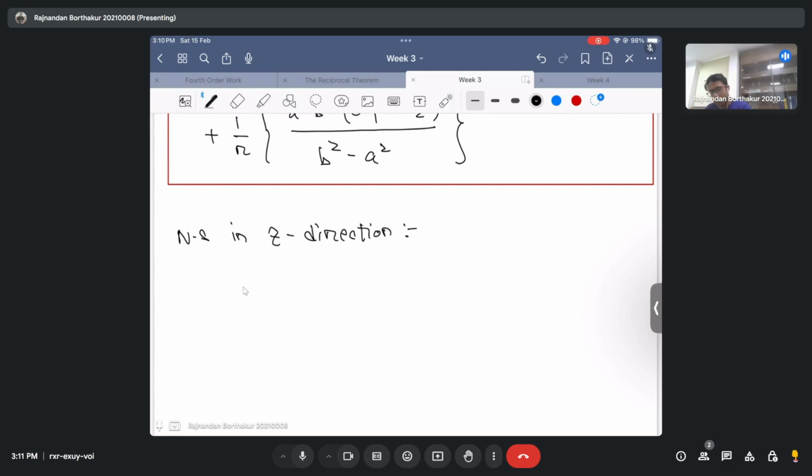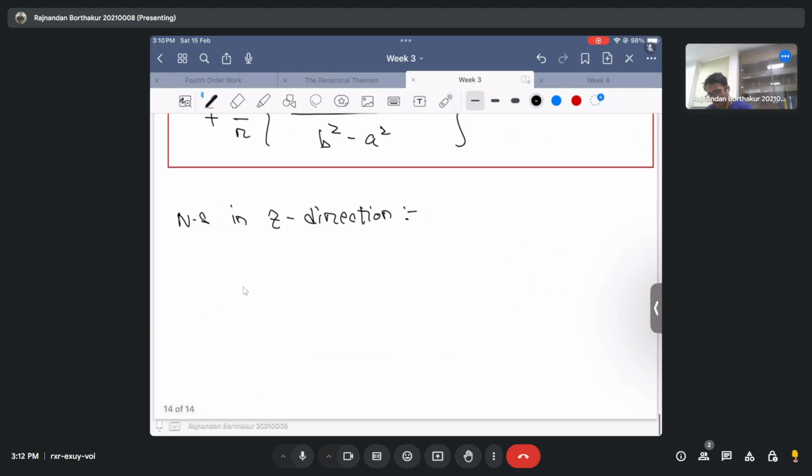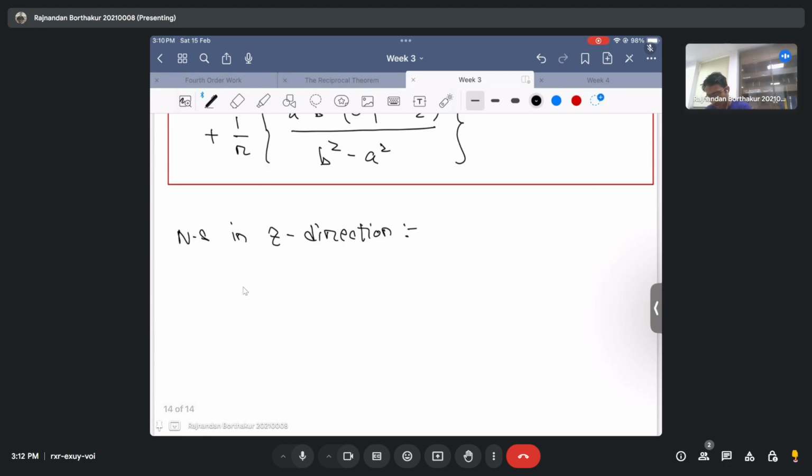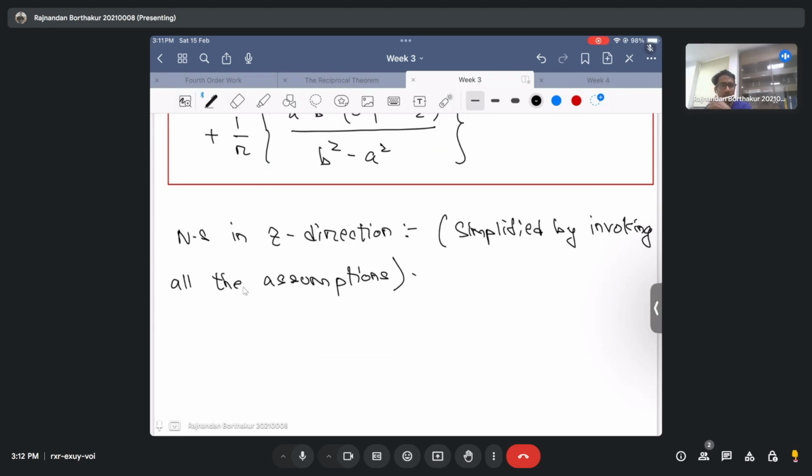Okay, so I'll just write down the simplified form. I hope you understand what I'm trying to say here, and what I asked you to do. So I'll just write the simplified form. What to write basically: the Navier-Stokes equation in the z direction, simplified by invoking all the assumptions. Assumptions mean, for instance, that the flow is steady, it is axisymmetric, it is fully developed, and all sort of this. Okay. And of course, coupled with the fact that we have also used the continuity equation,